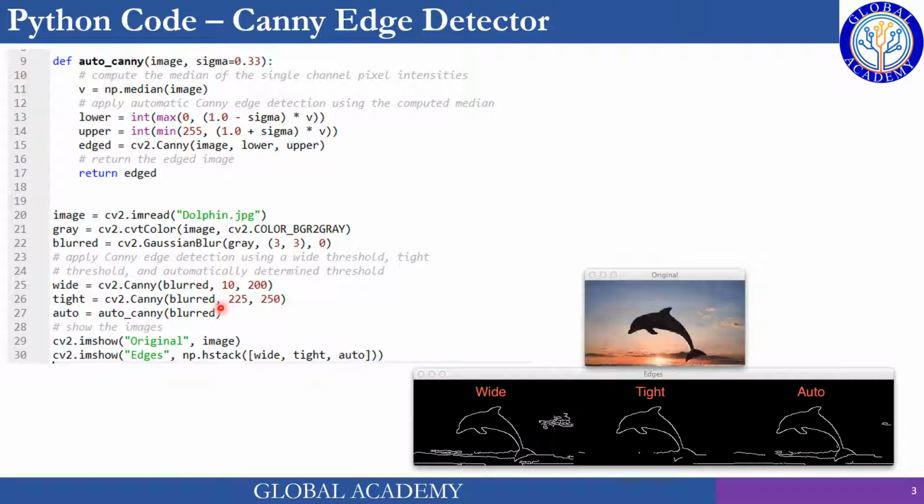So it's a better way to compute the min and max threshold. Though with the tighter threshold we got a good result, a smaller part of the tail is missing, a few pixels.